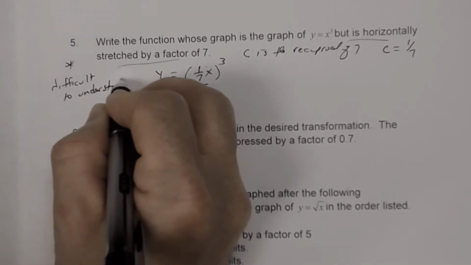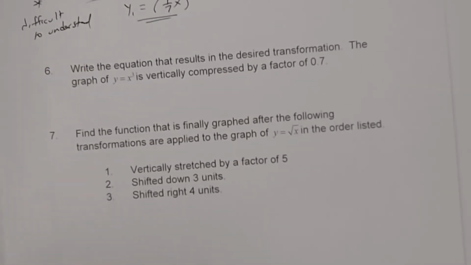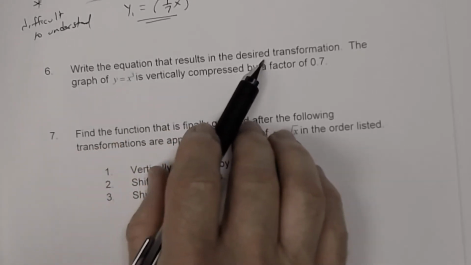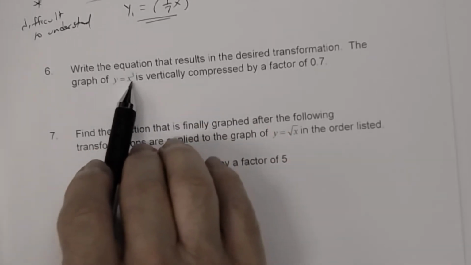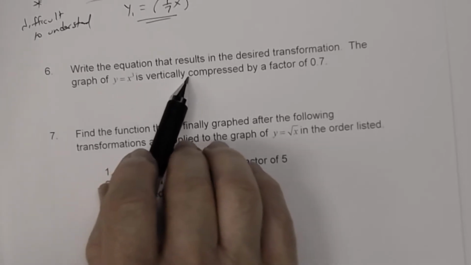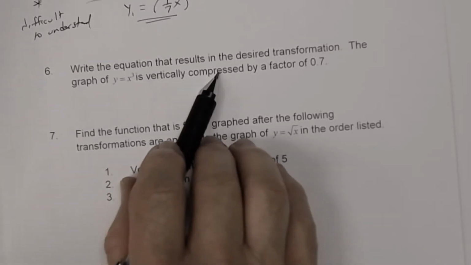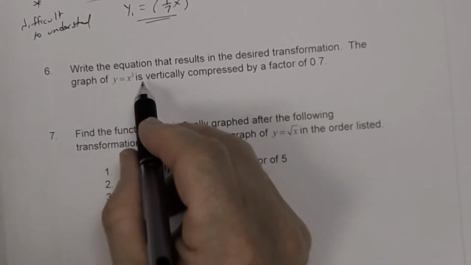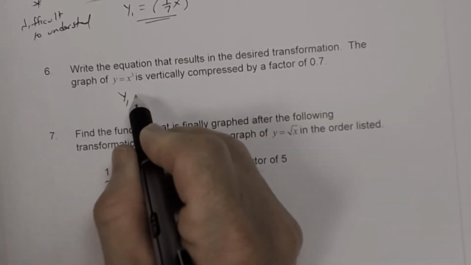Okay, so let's look at number 6. So number 6 is you want to write an equation that results in the desired transformation. So you have x cubed, and this time it's vertically compressed. So the vertical is easy. That's the number on the outside. And so you're shrinking it. So your only transformation is